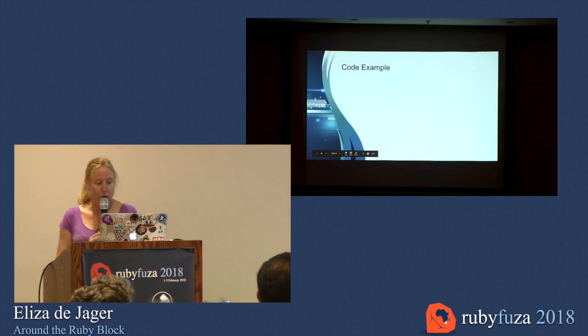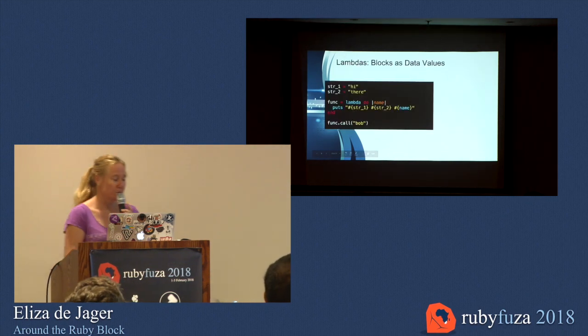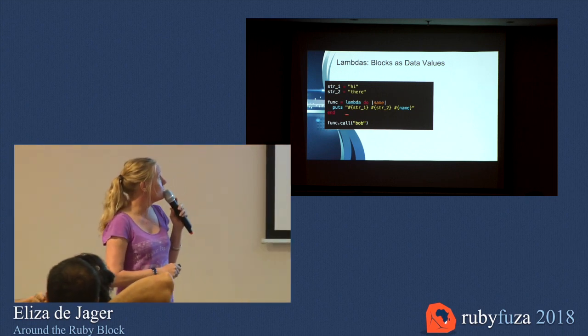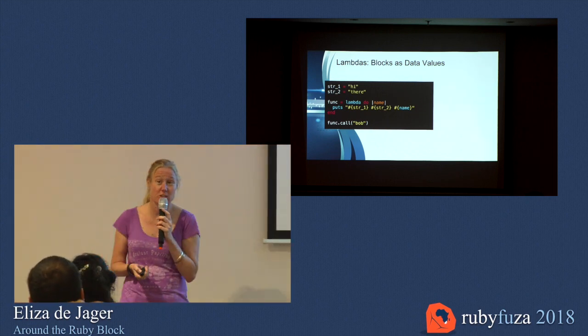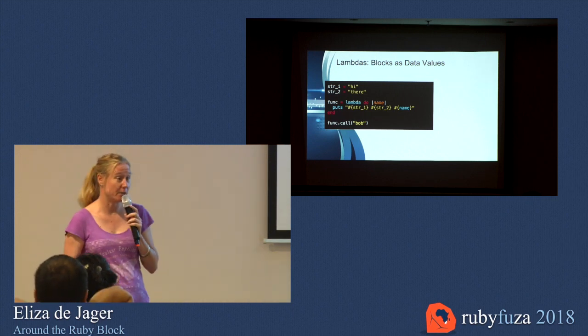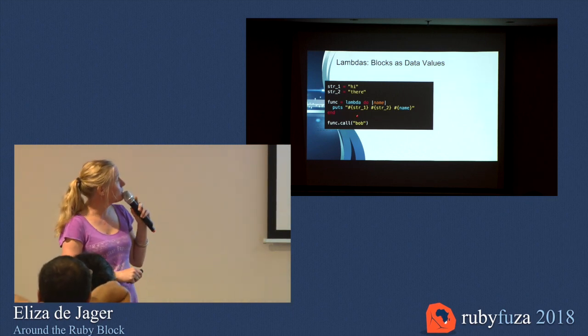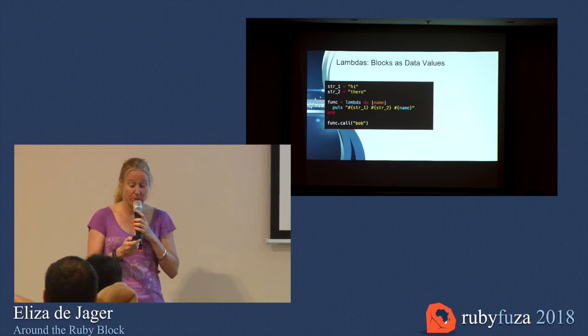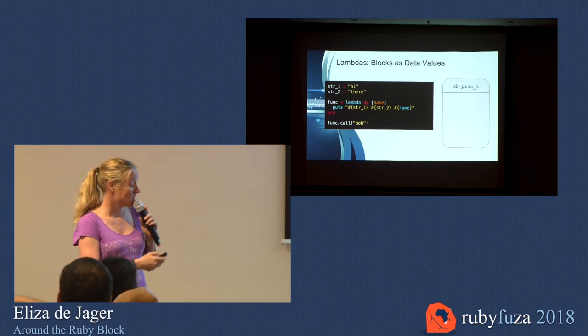Okay, so now I mentioned lambdas just now. What is a lambda if not just a block as a data value, right? So it's a block you can pass around and do things with, simply. And so if you look at this bit of code here that creates a lambda, that takes a block, I think it's quite obvious that lambdas are also just objects in the underlying C code for Ruby. They look something like this. They are called